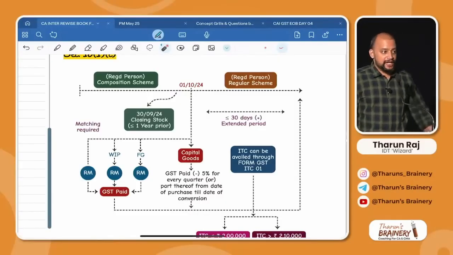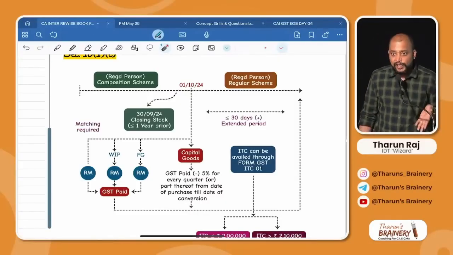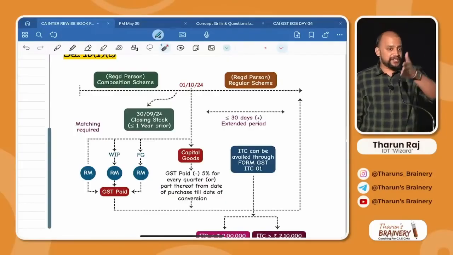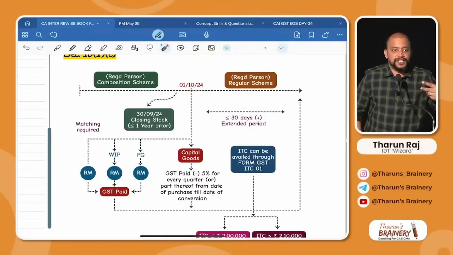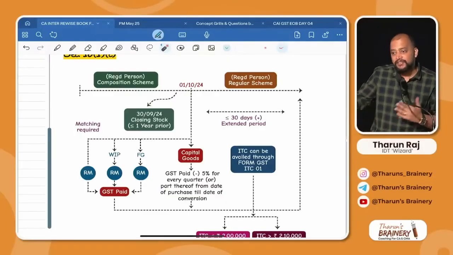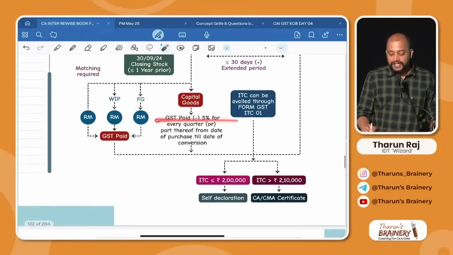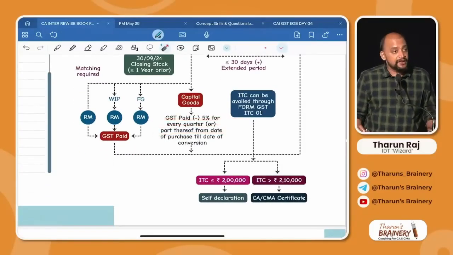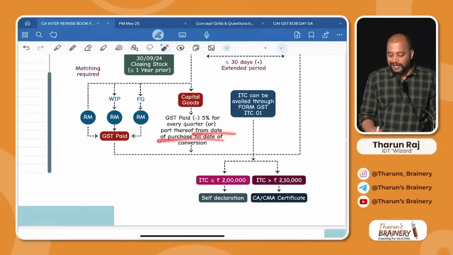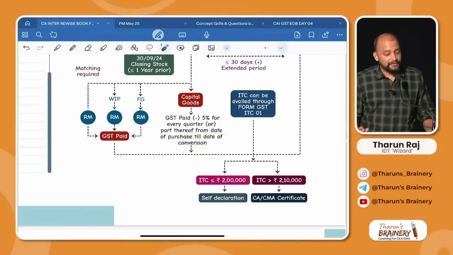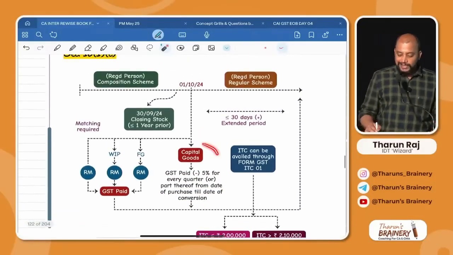From which date to which date? Date of purchase till the date of conversion. It is not disposal. Here it is not disposal, till the date of conversion. See there, GST paid minus 5% for every quarter or part thereof. From which date to which date? From the date of purchase till the date of conversion. Okay. On all these things we can take